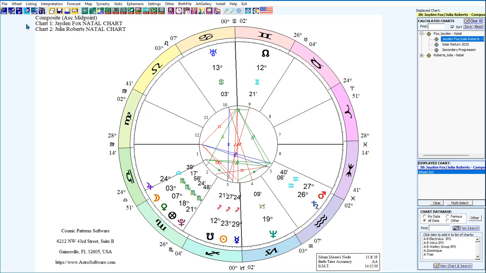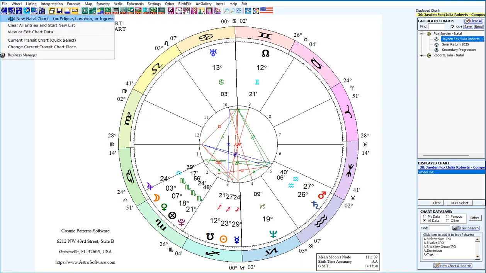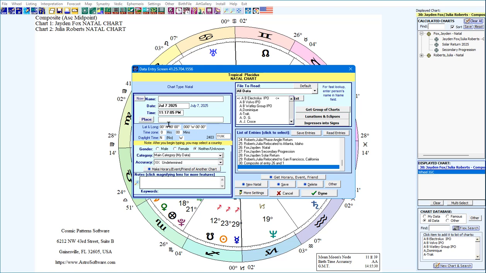We can add another person in here to show you the composite chart of 3 or more people. We click on new, add natal. We can just select, for example, let's put Michael Jackson in here. Jackson, comma, Michael. Okay, we'll put Michael Jackson in here. Just one of the Jackson Mike entries, and we click on done.